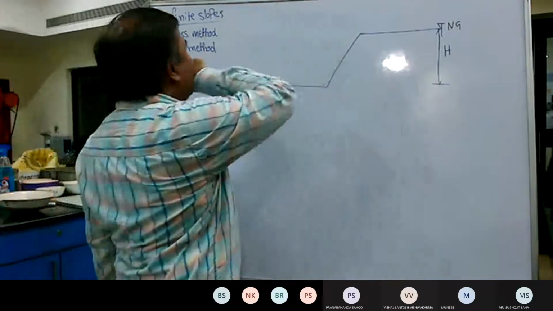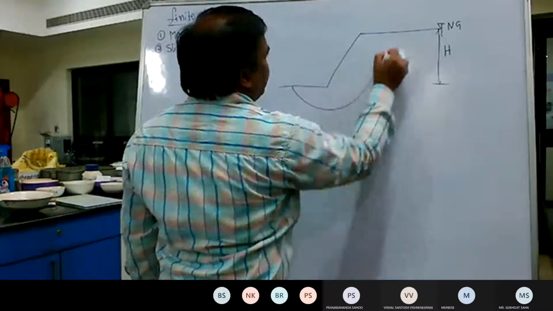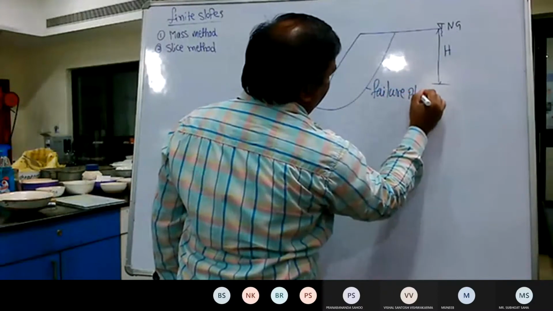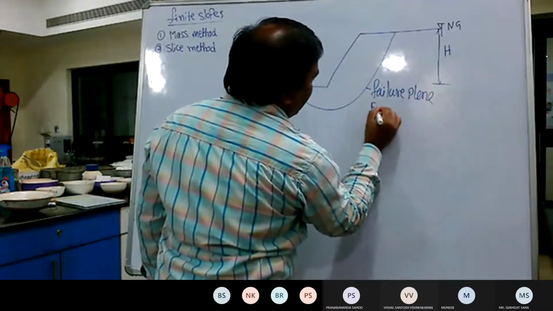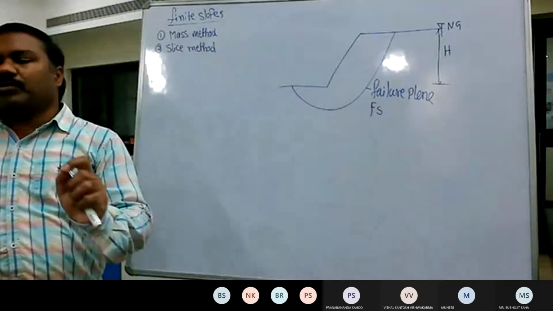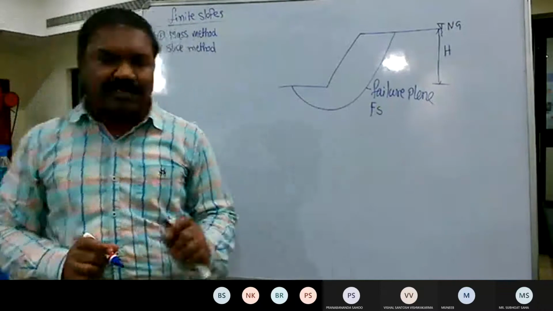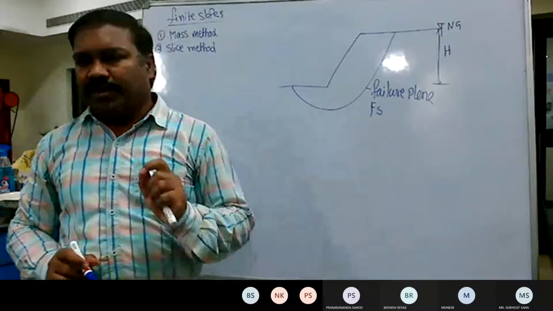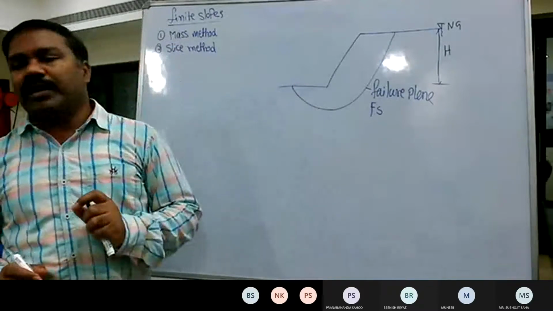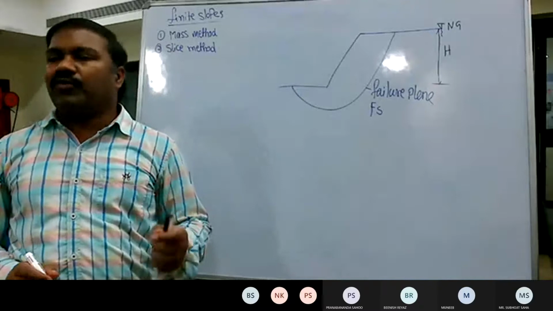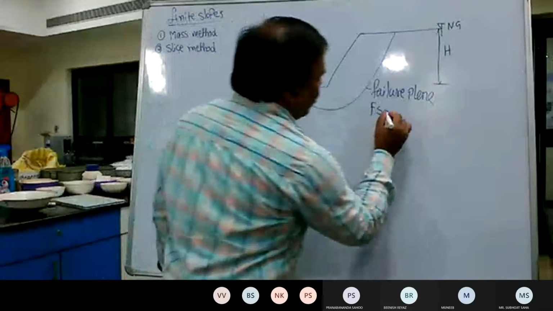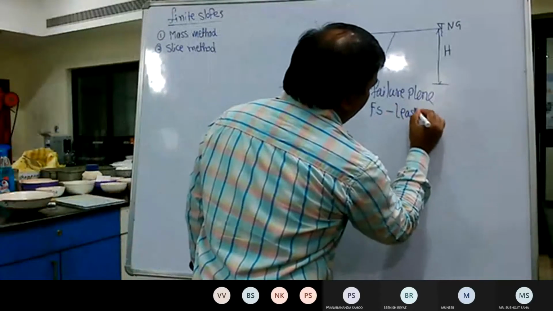So the biggest thing is that in case of the finite slope, suppose I assume this is the failure plane. So this failure plane comprises of some particular factor of safety value. Or this failure plane will give you some value of the factor of safety. But the question arises is it the least factor of safety value or the highest factor of safety value? Now, when you do any slope stability analysis, we always look for the minimum possible factor of safety value. We never look for the higher value. So we have to always search for least possible factor of safety value.